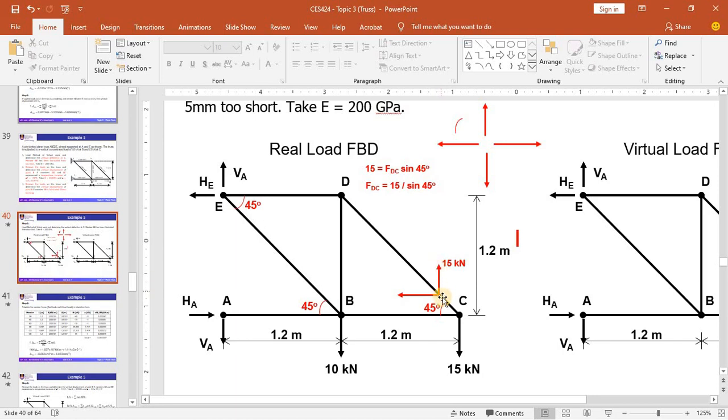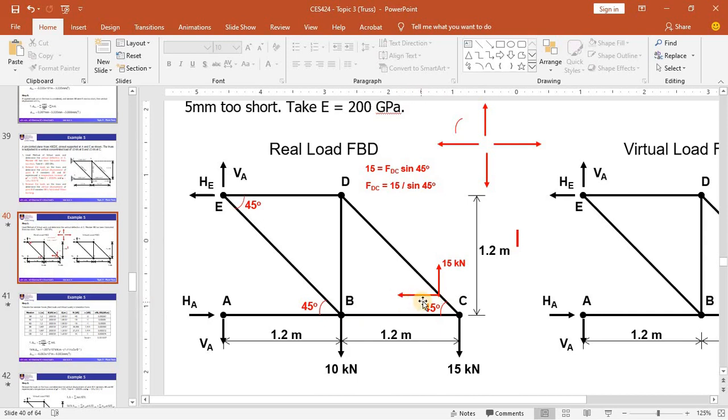So this will result in the arrow of the horizontal component towards the left. Okay, so toward the left. Another component that we have in this horizontal direction is due to the member BC. So we have only two forces acting in the horizontal direction at joint C: the horizontal component from member DC and the unknown force from member BC. So only two. So actually you can get the value of the horizontal component for this arrow.